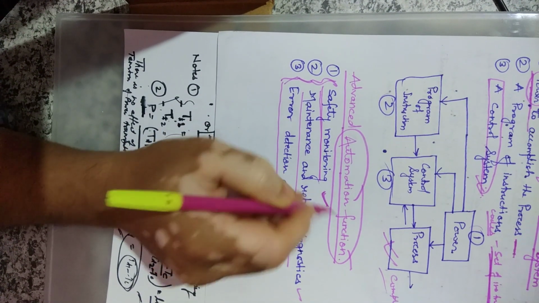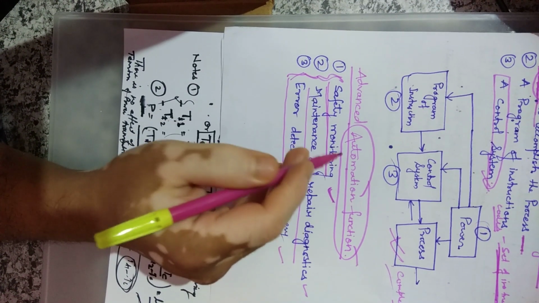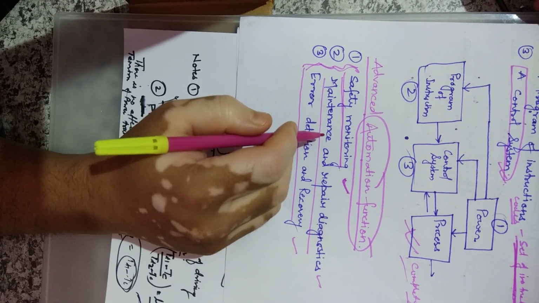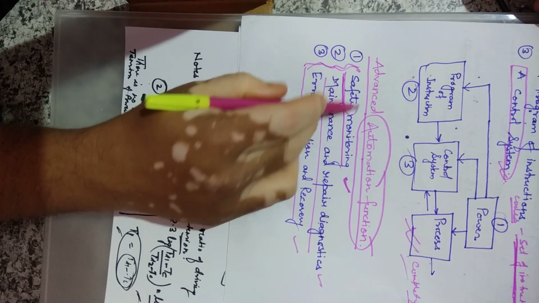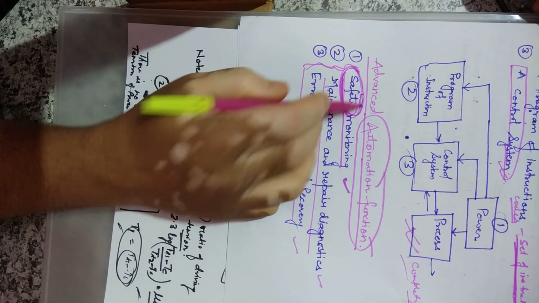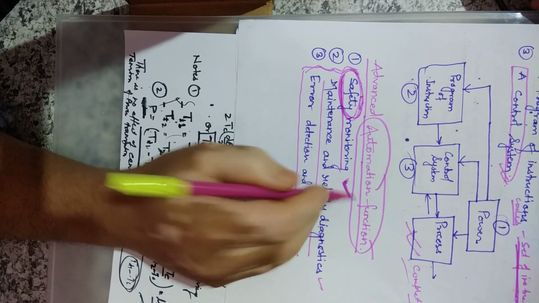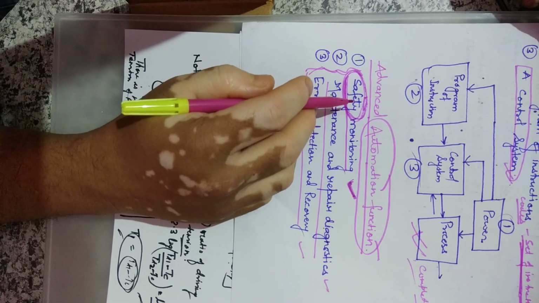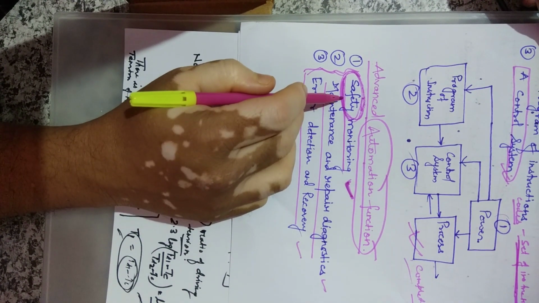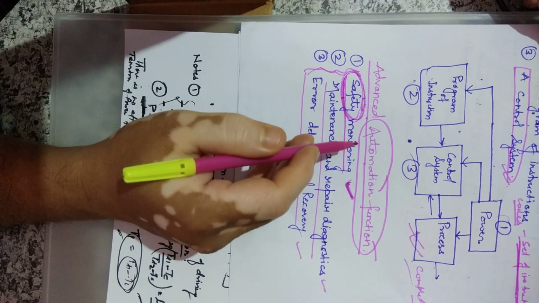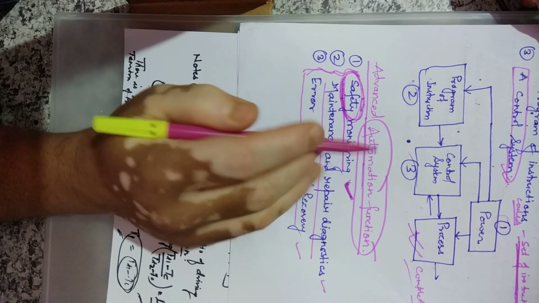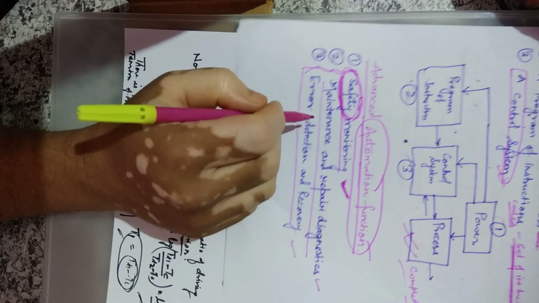Safety monitoring. Why are we using an automation system in our industry or in our process? To make the system safe, more efficient, and safety-wise up to the mark. To keep the human safe, the process safe, the industry safe, it is very important to advance our system to an automated system, so that we follow our safety norms properly. So safety monitoring is very important.